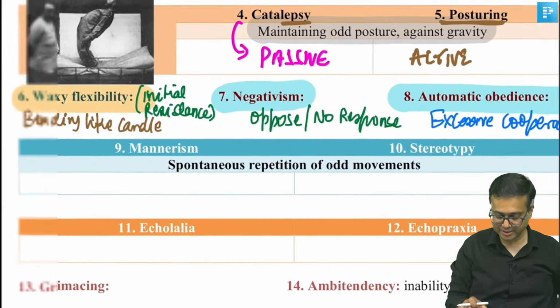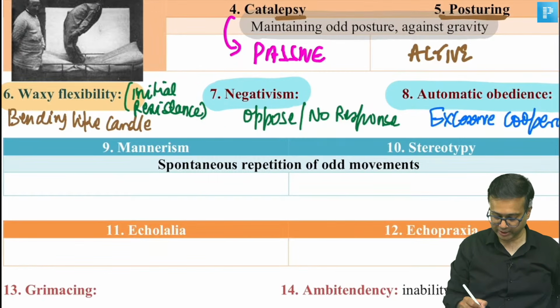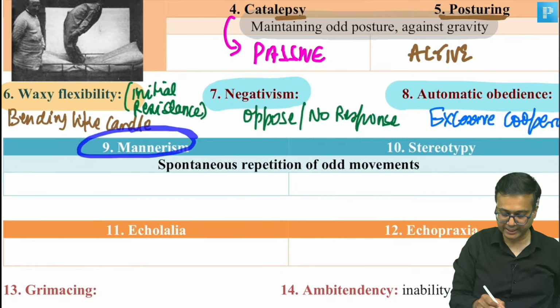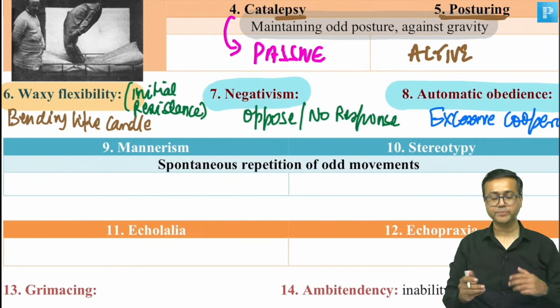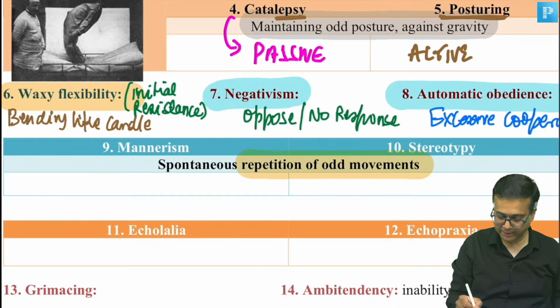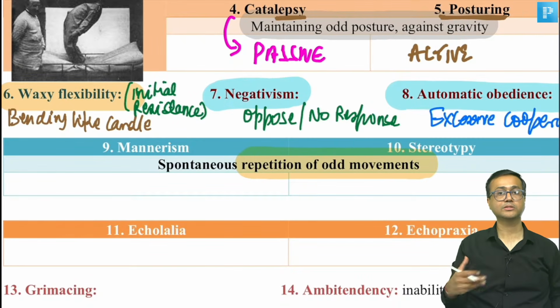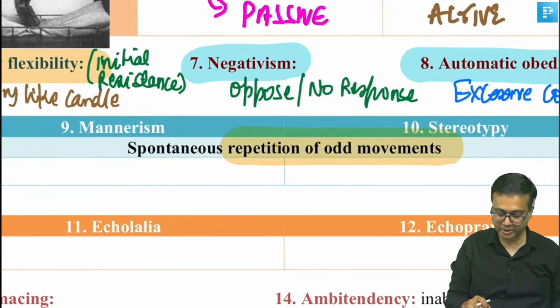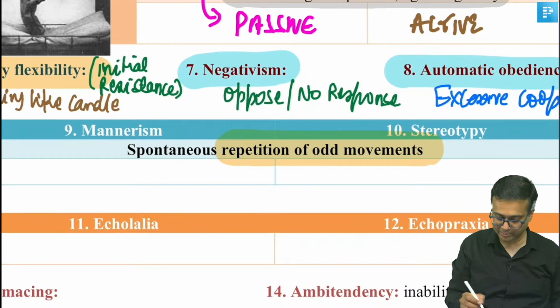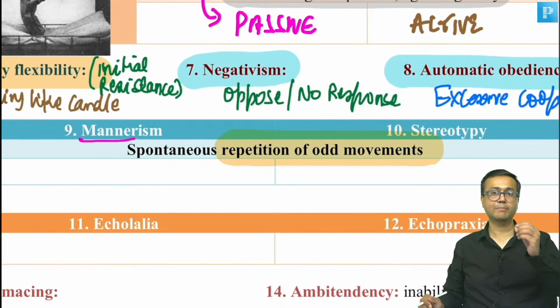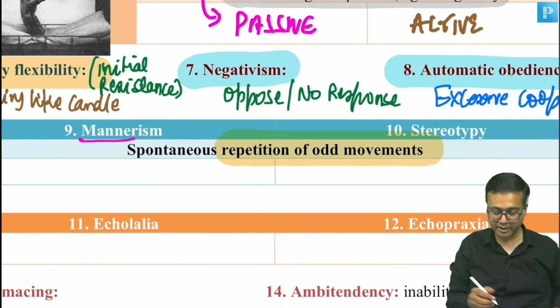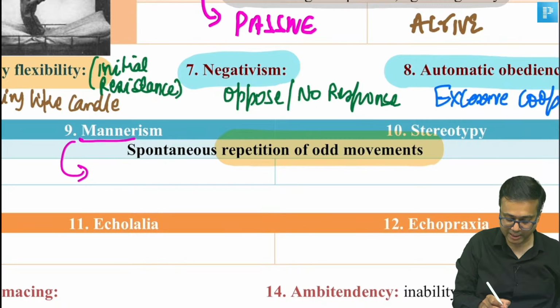But the next two phenomena, let's discuss them together. One is mannerism and another is stereotypy. Beta, both mean that there is a repetitive odd movement which the person is doing again and again. But what is the difference? Beta, again, you can remember the difference in the name itself. Beta, the word mannerism is made from manner. Right? Here, whatever movements he is repeating, beta, these have a purpose. These are